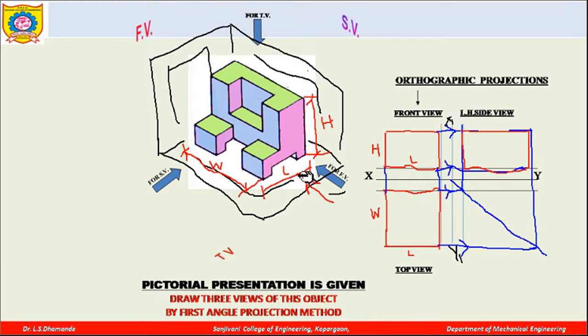So once you have got all these dimensions, length, width and height, and you have drawn the xy line and x1 y1 line also, and transferred the projections of these major rectangles which are drawn for the front view, top view and side view, okay, then you have to start observing this particular object carefully and see how it will look when you are drawing these different views. So if you see from the front, you will find that the front view of this object is colored with pink. Whatever you can see from this side is marked with a pink color.